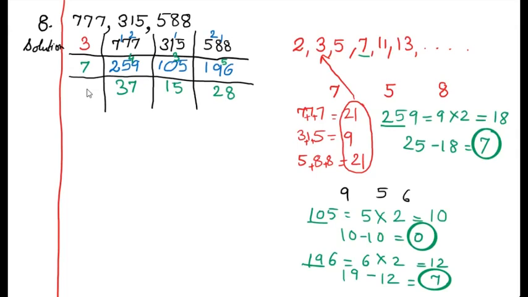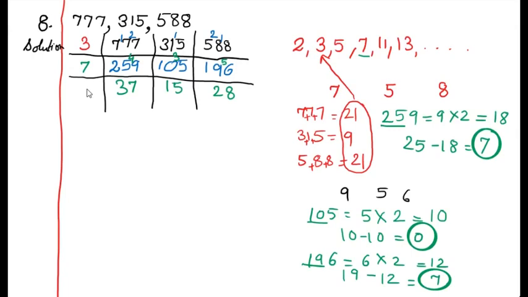So now we are having 37, 15 and 28. 37 is a prime number. Yes, 37 is a prime number. So it will just come in 37 and 1's table. Now 15 and 28 will not come in 37's table. If you see 15, 15 will come in 3's table, 37 will not come. Now 37, 15 and 28 do not come in one single table. So we have to stop here.